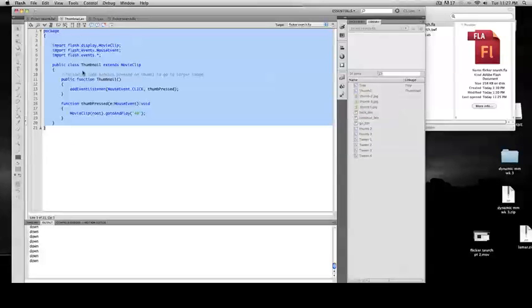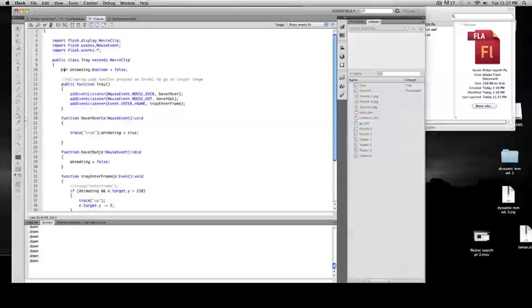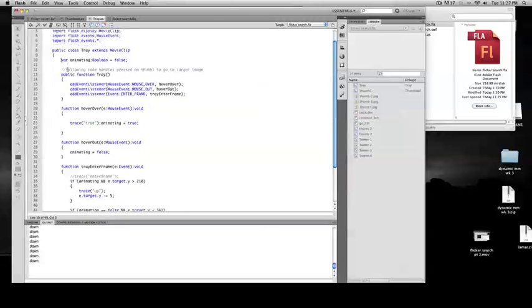Next thing that we want to do is set up another public class, similar to what we did with the thumbnail, where we set up public class thumbnail. This time we're going to call it public class tray extends movie clip. So same principle. Inside this class with your parentheses there, the very first thing we want to do is initialize